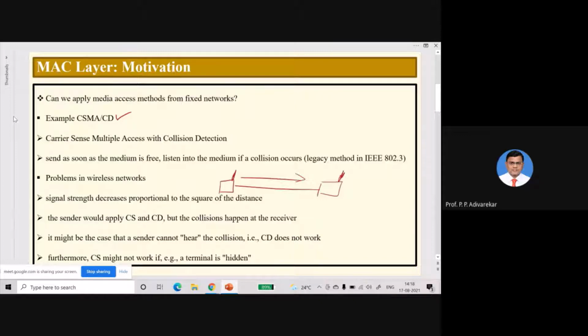Atmospheric conditions do not impact a wired medium. But in the case of a wireless network, you don't have a physical medium, so signal strength continuously decreases. So how will this particular impact show up in the wireless network? That we'll see. Now the sender would apply, suppose, CS and CD, that means carrier sense and collision